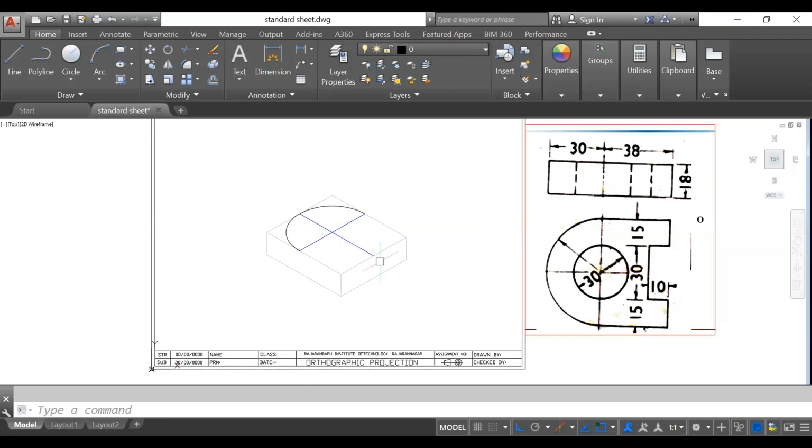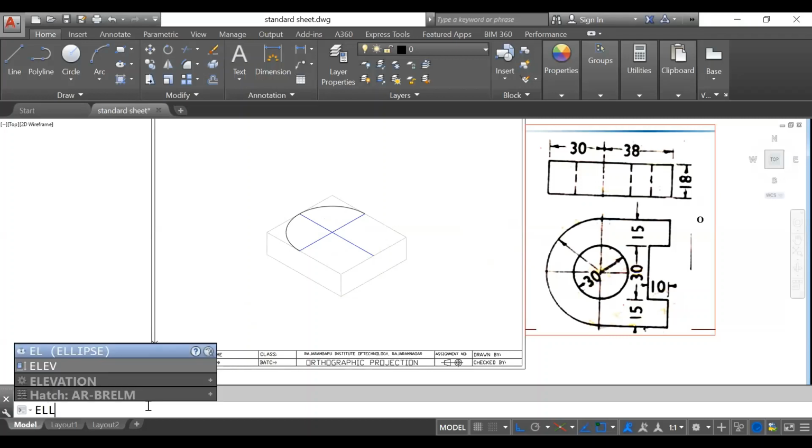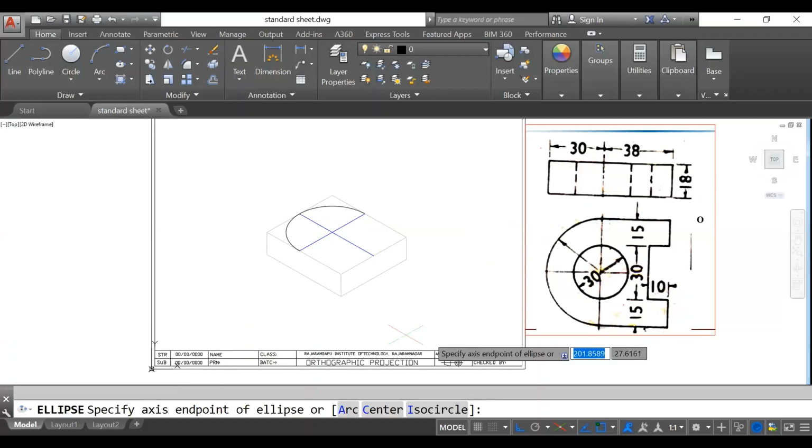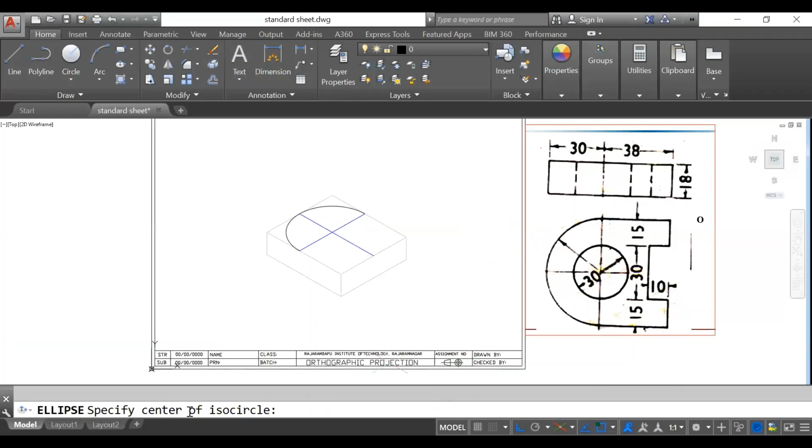So you have to change the mode of the cursor, control E, in the top view mode, make it top view mode of the cursor, and then use ellipse. Ellipse, then take the isocircle, ellipse center circle is here, and then 15 mm. Okay, radius. So that would be fitted. Getting?